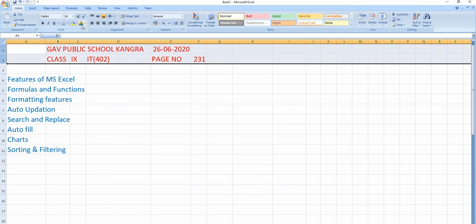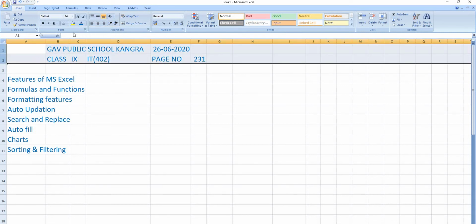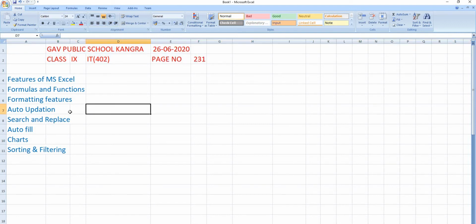Like you can change the font color, you can increase the font size, you can apply borders, you can insert shapes, etc. So this software also provides you formatting features. Means you can change the appearance of cell contents, or the text or the numbers whatever you have written in this spreadsheet.